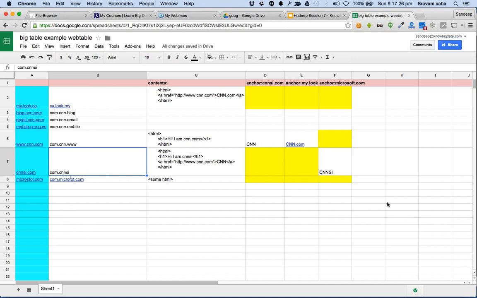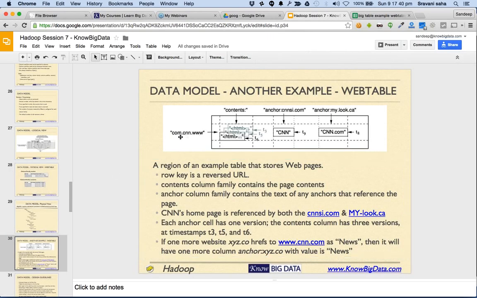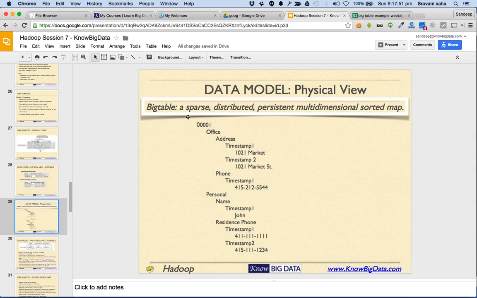Make sense to all of you? So let's take a look at the diagram again. Now have a see. The com.cnn.www is what is our row key here. Great. So keep all of these properties again in mind while designing your architecture,